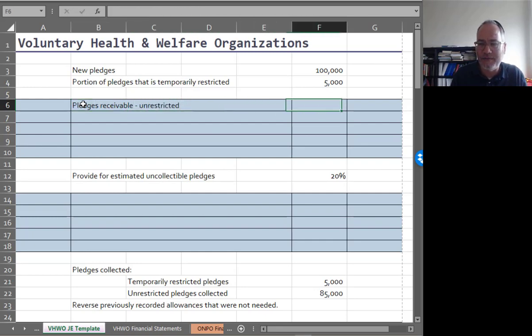It is kind of a problem here that it's a pledge receivable, but it's unrestricted because you can't spend it. And you would probably need to reclassify this at the end of the period. Debit pledges receivable, you need to reclassify it as pledges with donor restrictions because you can't spend the money yet, because you don't have it. Temporarily restricted of $5,000, and credit contributions unrestricted